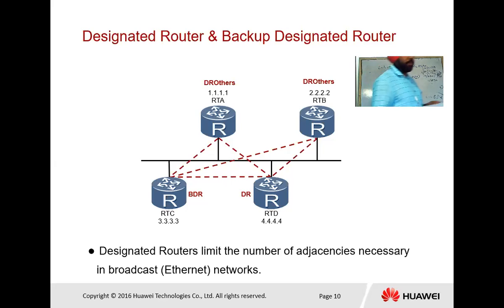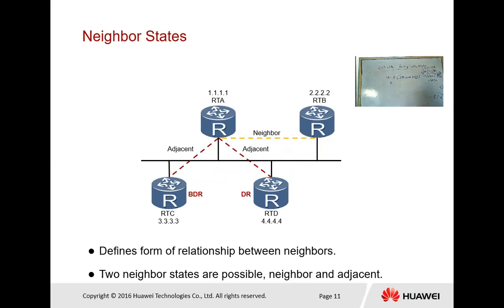So next we have neighbor state. After the election happens, it is based on the router ID, highest to lowest, and in the case of OSPF that is opposite to STP. Once the DR-BDR election is done, neighbors don't share their LSA with each other. So these are the relationships.